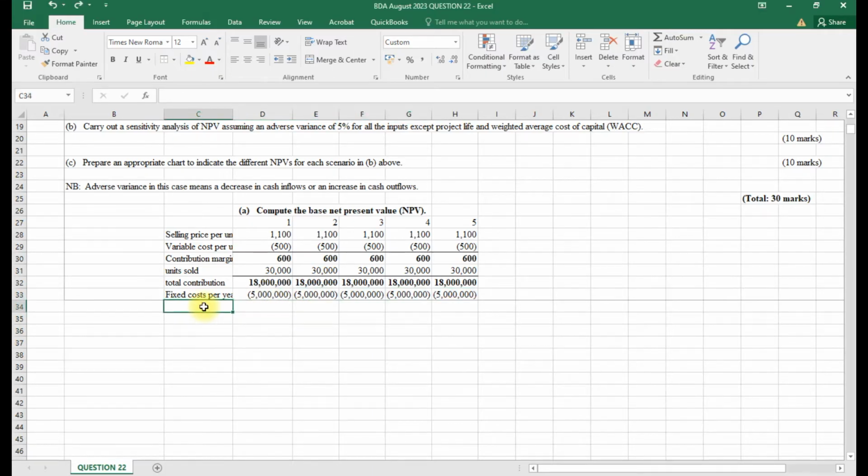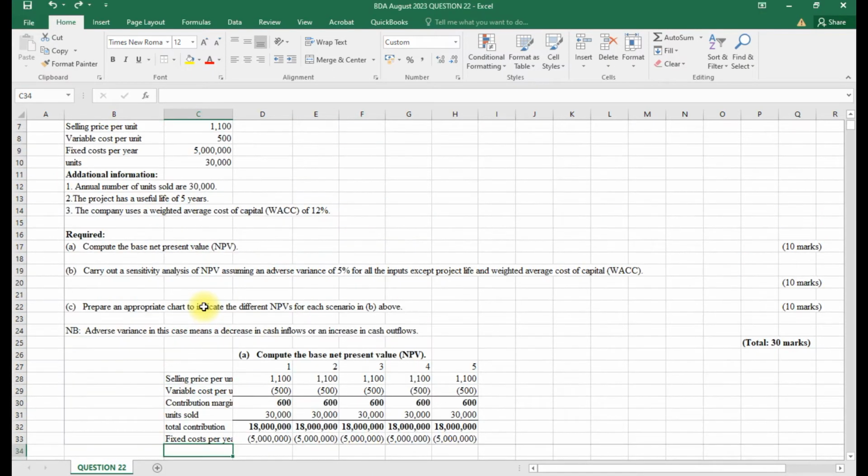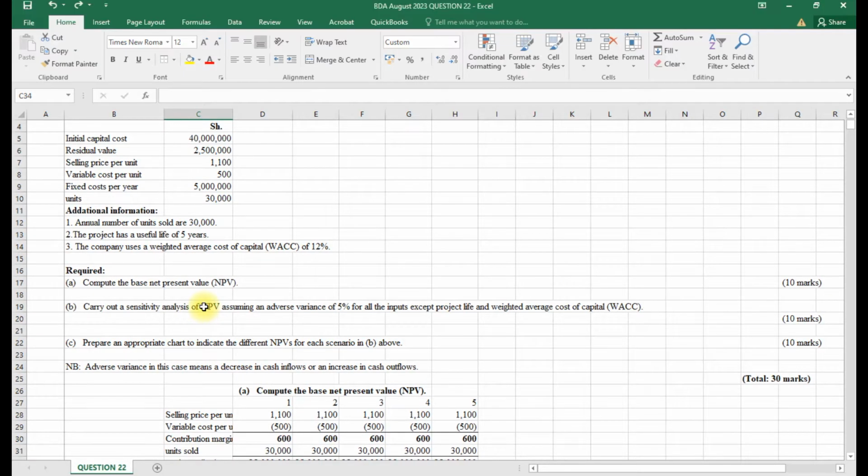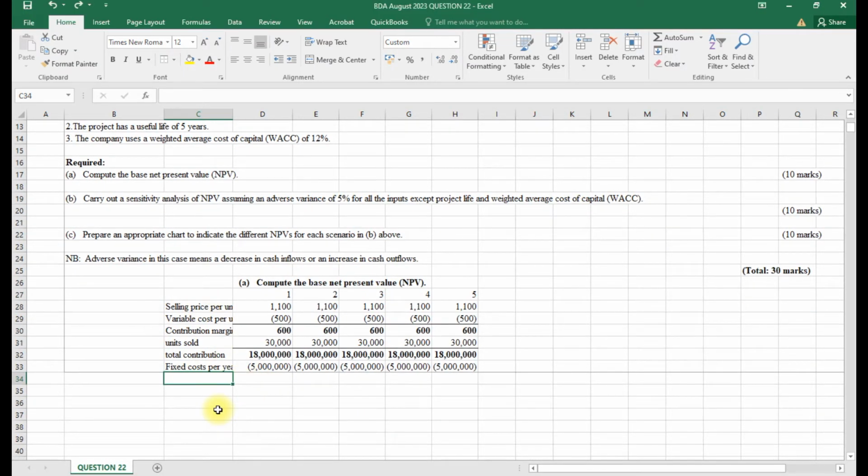In this case we did not have the tax. We have not been given the tax, so you cannot assume a tax rate because I have not given you. They can either be using a base case of 30 or there is no tax. In this case there is no tax. Just move on without the tax. Fixed cost, get our cash flow,